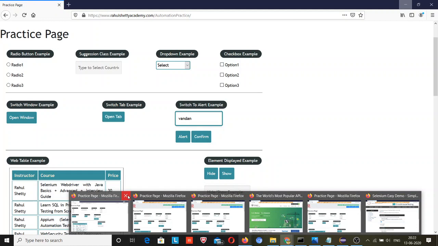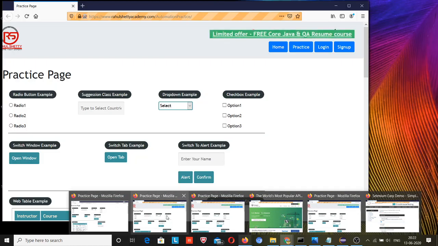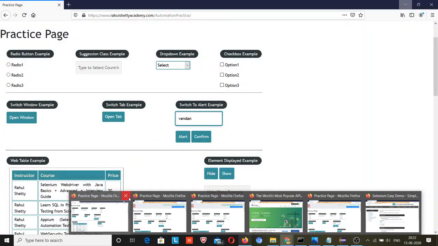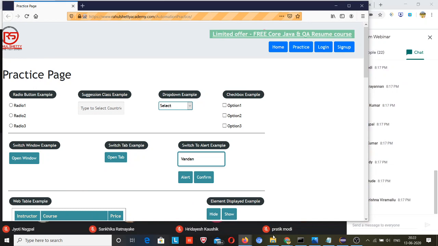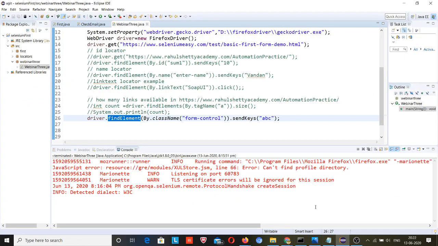So how to close them? Suppose I am running 100 Selenium scripts and 100 browsers instantly open. Parallel execution is a further topic. But when I run this and 100 Firefox windows open, our system may hang and some other problem may occur. So for that we should be using